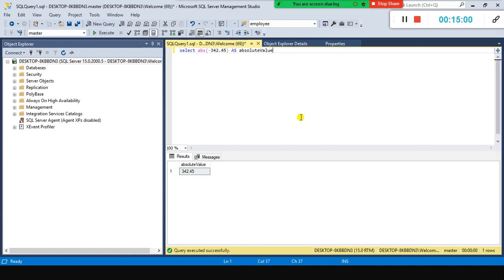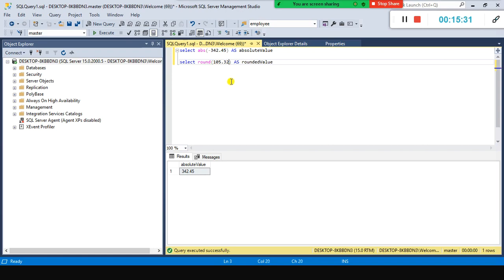Next, I'm going to use the ROUND function. Select ROUND, let's say 105.32 as a rounded value. See here, I did not specify the number of digits that it should round to, right?